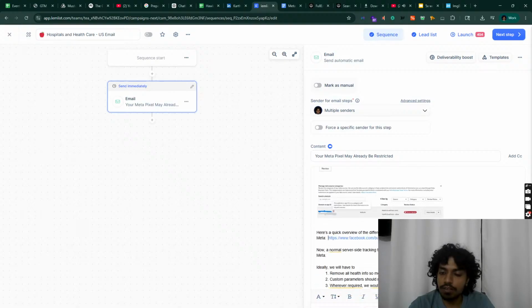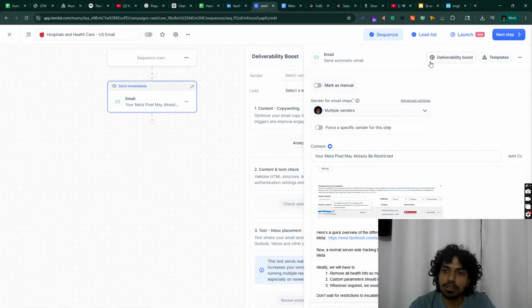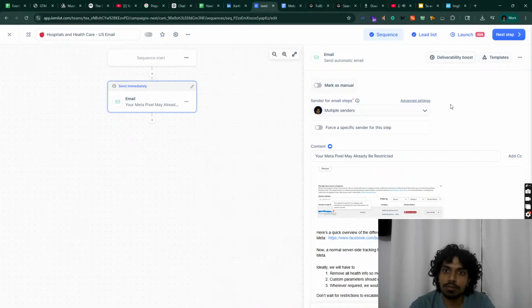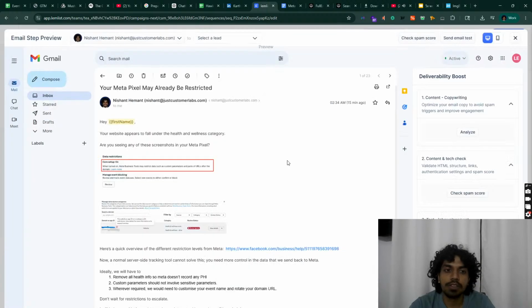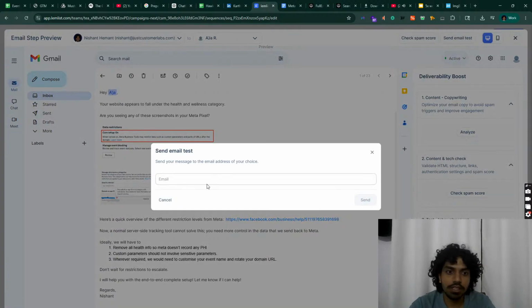Good. So after this is done, what one can do is go in and check the deliverables code. Remove this. Yeah, preview. So in preview you can check how it will come. You can also send it as a test mail. This is a very important step. Everyone should do this because once you have this,